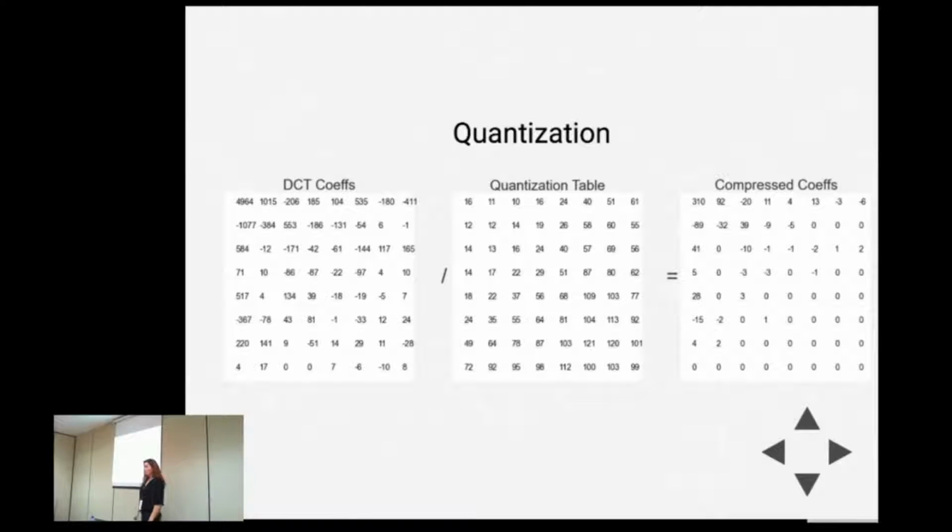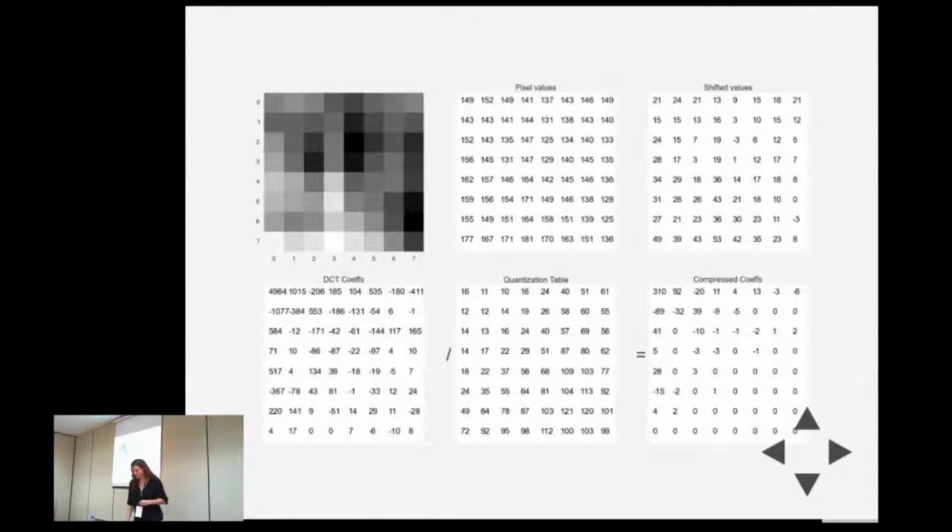And what we've done here, which is very common to do, is to have bigger numbers towards the bottom right. This means that we're going to compress these detailed patterns, the smaller, more detailed differences, by a larger rate. And in fact, what we want to do is end up with 0, because we're going to round to the nearest integer. In this case, you end up with a lot of zeros in the bottom right. This is exactly what we want, because in the next step,